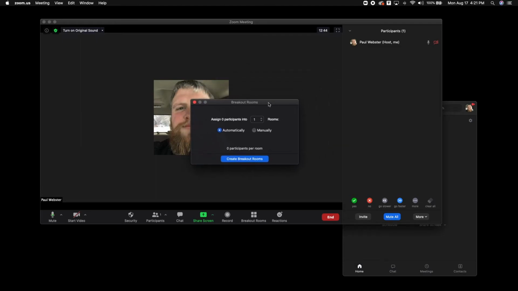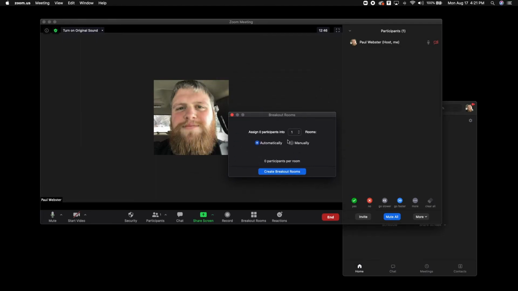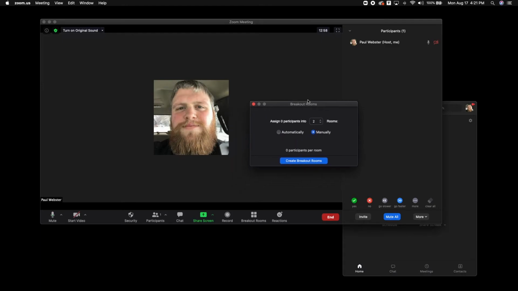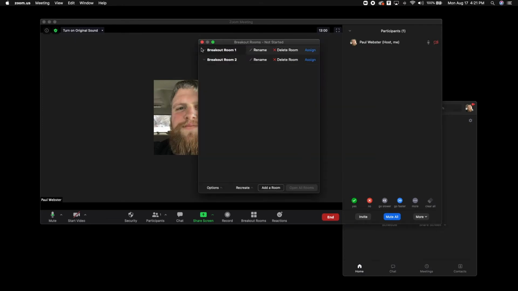You can actually go to these breakout rooms, and you can do them manually or automatically. You can just set your number of rooms. So let's say I want 2 rooms for guys and ladies, and then we're going to create those rooms, and then all the participants are going to show up on these rooms here, and then we'll just assign them. As you see, we can have people assigned here. I'll show you that. So let's do guys